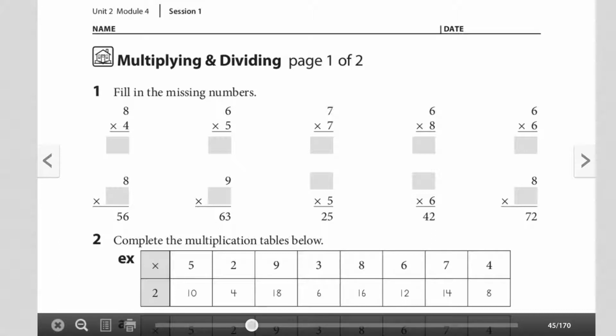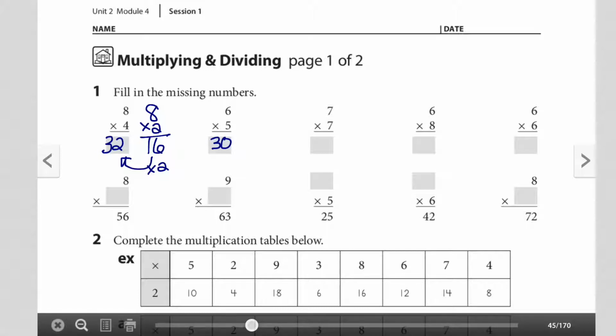these out. For example, if we look at 8 times 4, it might be easier to think of it as 8 times 2 and then double. If we do 8 times 2, it's 16. To get to 8 times 4, all we have to do is double it, and we would get 32. 6 times 5, hopefully we can count by 5s pretty easily. We would get 30. 7 times 7 is probably one of the more challenging facts because there isn't an easy